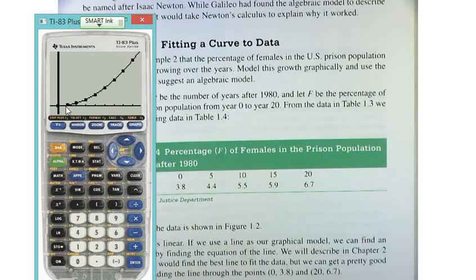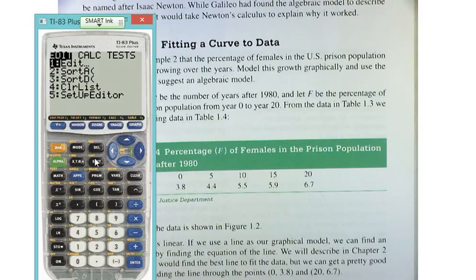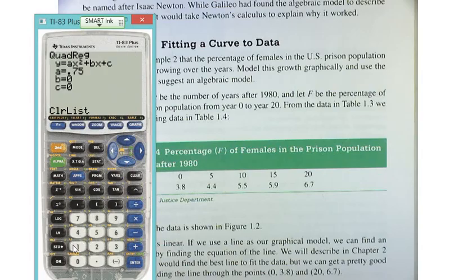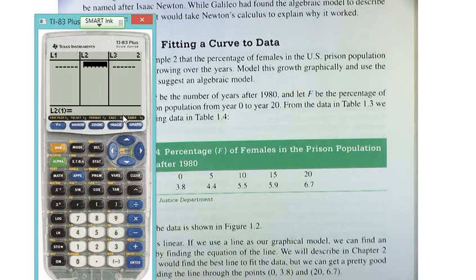So I'm going to come in here. I'm going to clear a bunch of stuff out from our previous problem. If I hit stat, another thing you could do is hit clear list and then choose L1, then hit comma and then choose L2. Now what I just did is I told my calculator to clear the lists L1 and L2, but I keep getting a syntax error. I don't know why. There's something goofy with my calculator, so I'll just have to do it manually. Oh, it worked. I don't know. I've got to figure out what's wrong with that. So now I'm going to enter in 0 for my first term, 5, 10,